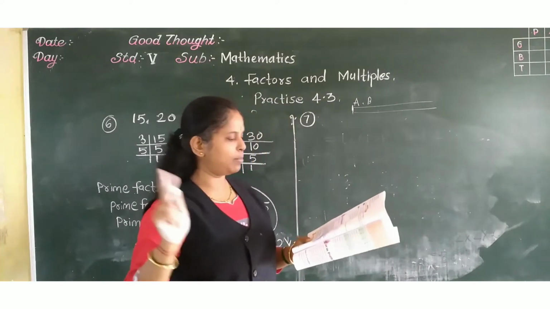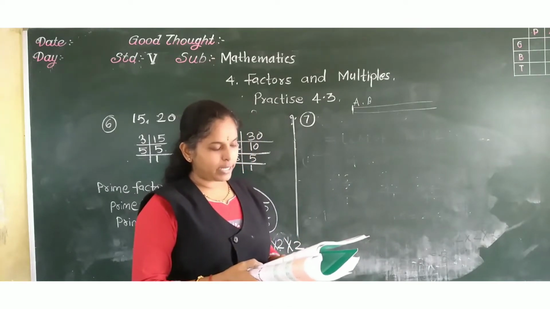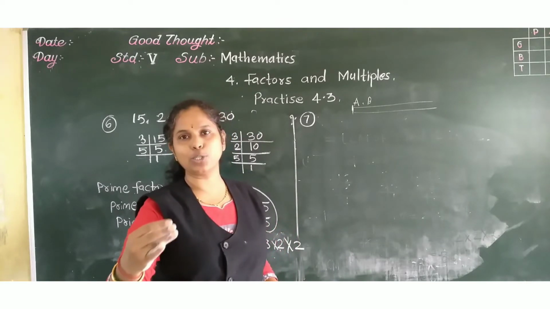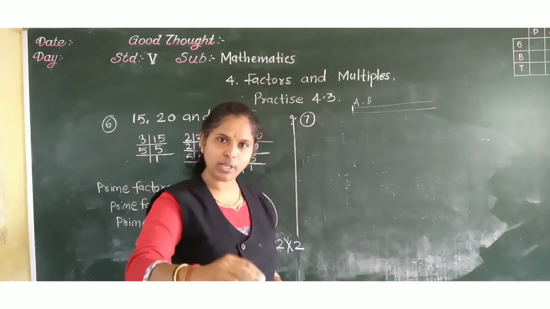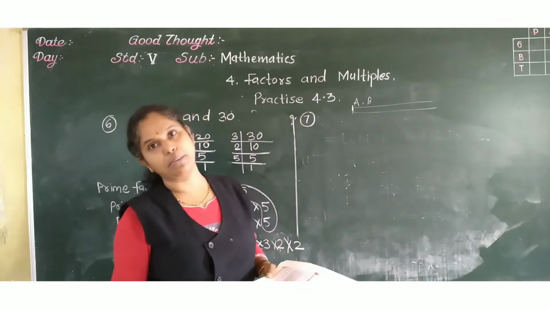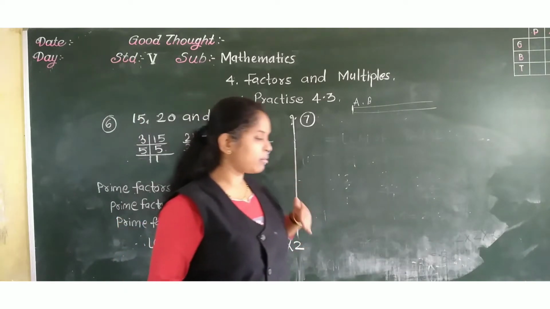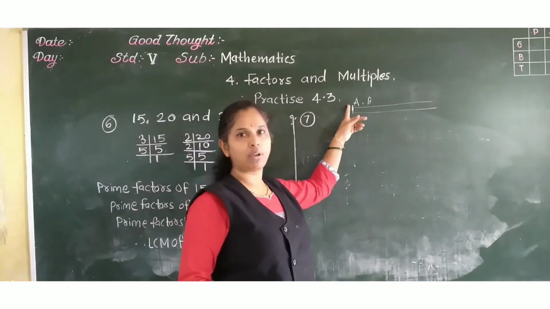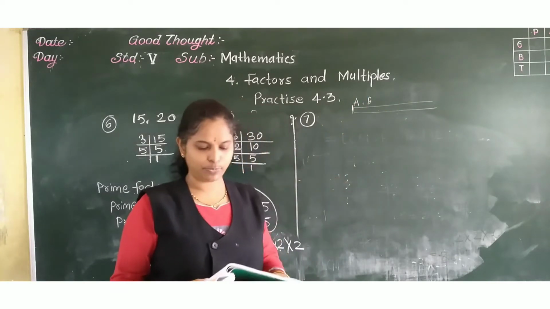2 persons are there, A and B. They start from the same point and they are traveling in one direction only. A paints a white mark after every 8 meters. After covering a distance of 8 meters, person A puts a white mark. And B paints a red mark after every 9 meters. After covering a distance of 9 meters, person B puts a red mark. A puts a white mark after 8 meters and B puts a red mark after 9 meters.